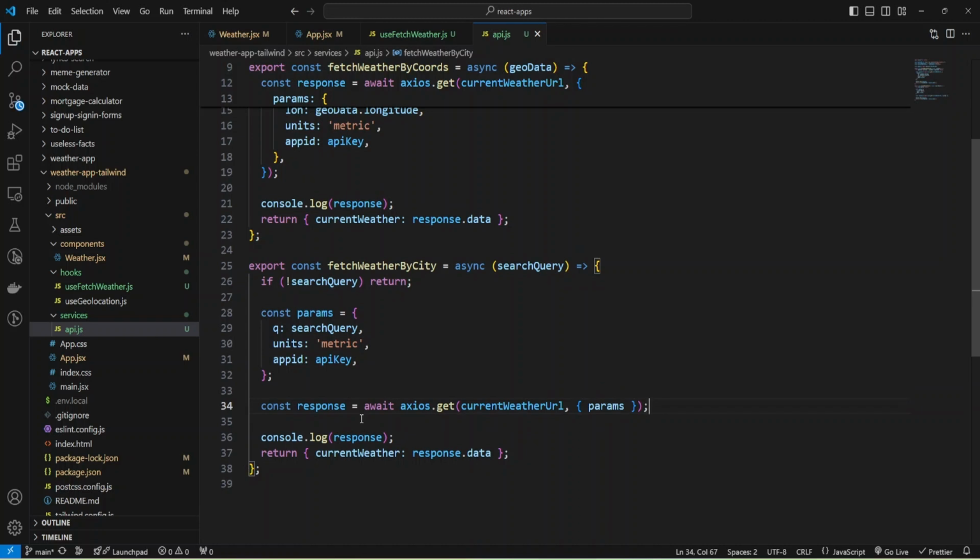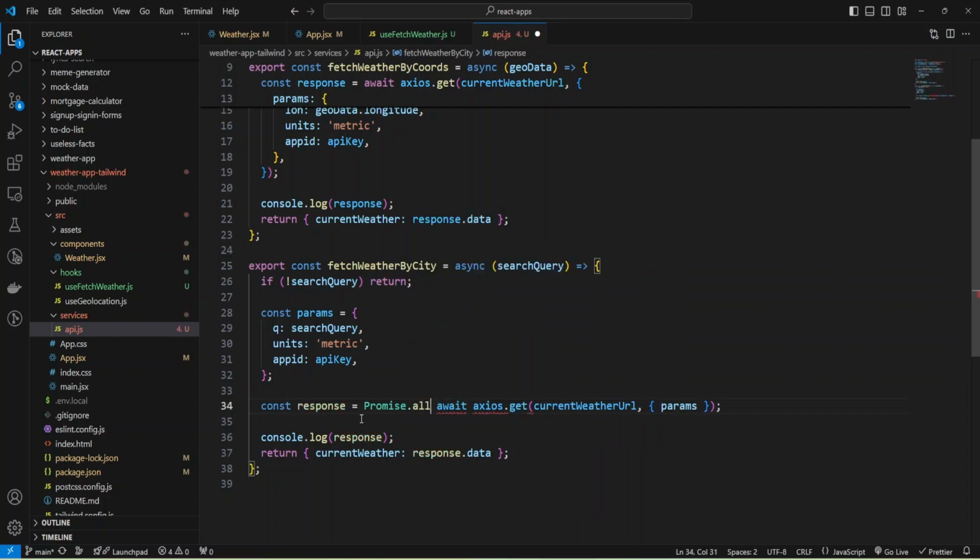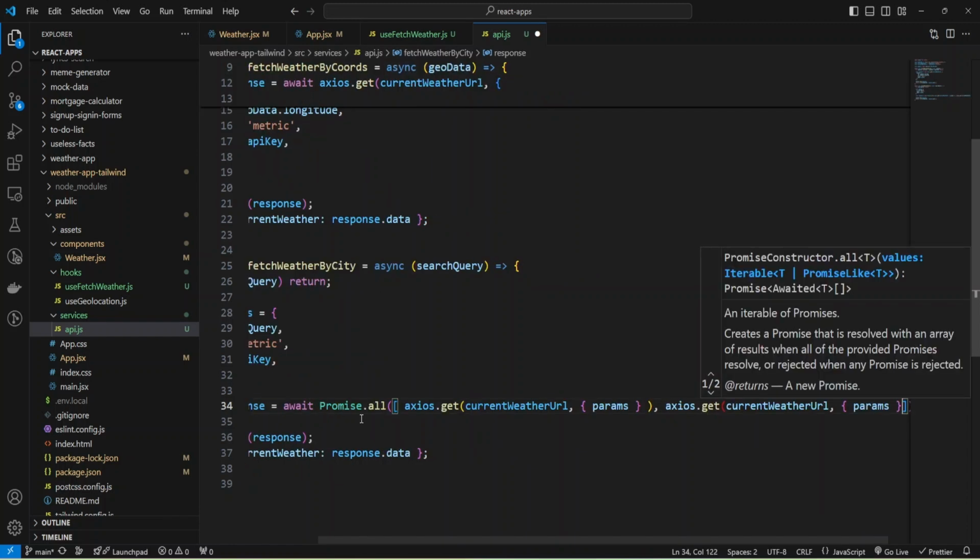Okay, and now because we have two requests, we can send them in parallel, and I'm going to use Promise.all and provide array of requests, and I need to move await here, and we'll wait response from two requests, and first request will be to weather, and the second will be to our forecast.